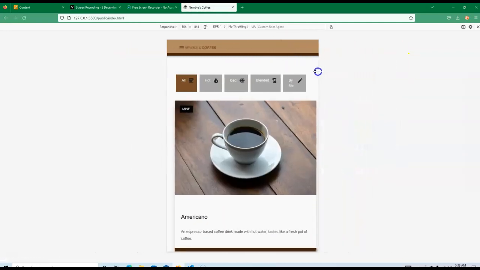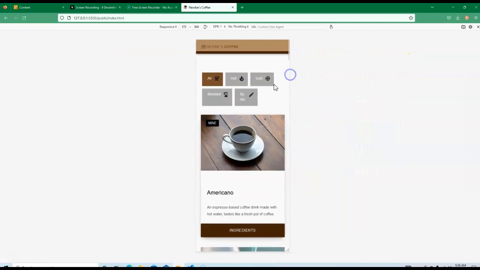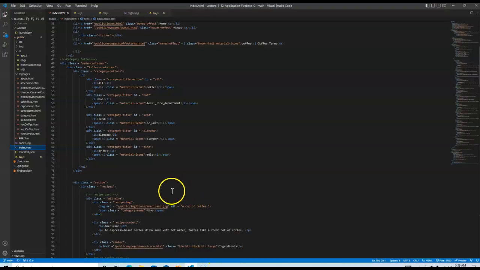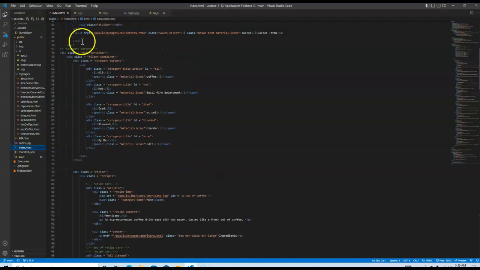So I also tried to account for, hey, they might be on a tablet or something. So I tried to account for that in my design as well. So going a little bit underneath, I'm going to show you some of the code, and then I'll show you the service worker. So going down a little bit into the code, here's our index file, the filter buttons, the